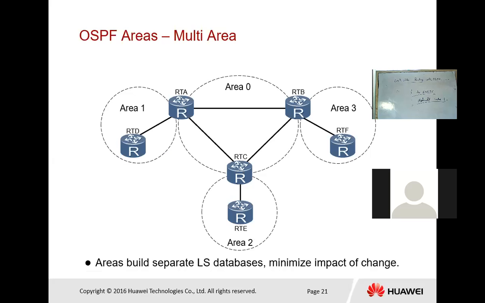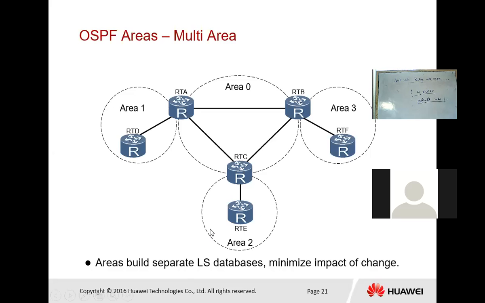Next we have OSPF areas, multi areas. The need to forward link state advertisements and the subsequent calculation of the shortest path based upon the link state database becomes complex as more and more routers become part of the OSPF domain. As such, OSPF is capable of supporting a hierarchical structure to limit the size of the link state database and the number of calculations that must be performed when determining the shortest path to a given network.